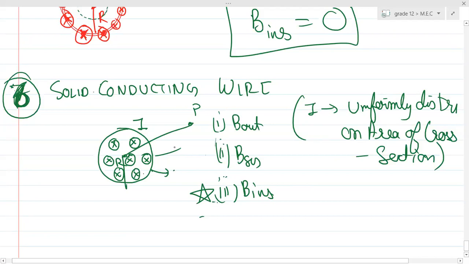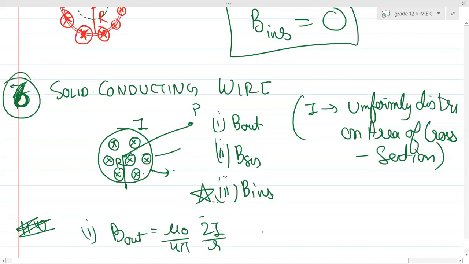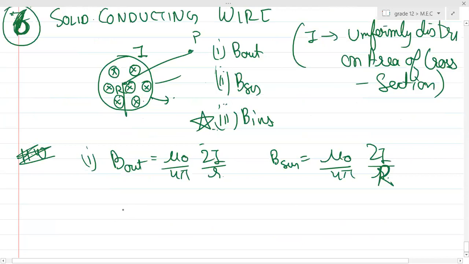Do you want to continue now, or do you want it in the next class as homework? I'll just write exactly what it is. Answer, I'll write it. You need to derive the whole thing. B outside will be equal to mu naught by 4 pi into twice of I by small r. B surface will be equal to mu naught by 4 pi into twice of I by capital R. And the last one, B inside should be